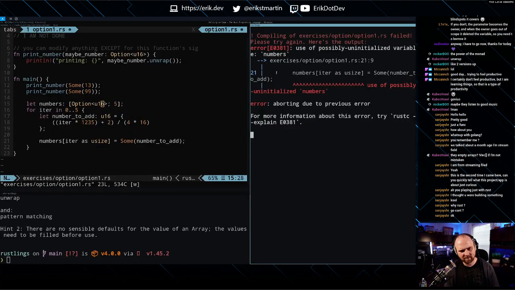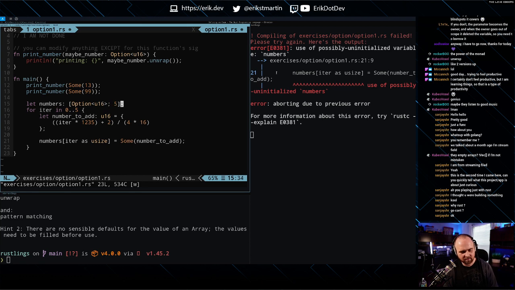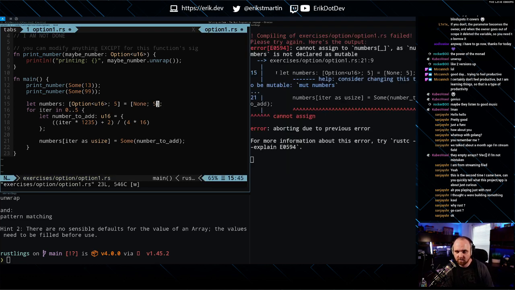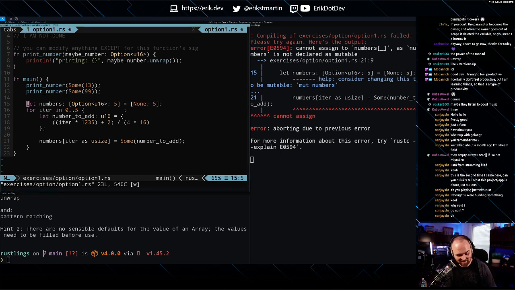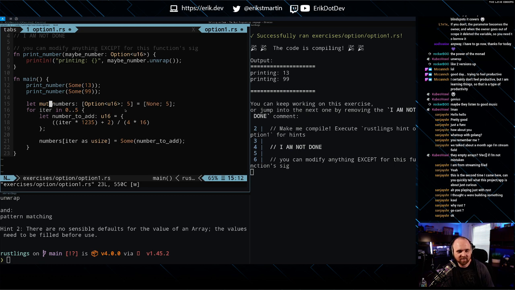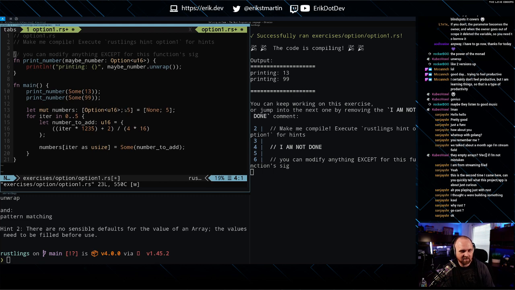Oh, can I do that? Is that what that's going to look like? Is this like a equals some? Oh, none? 5? Does that work the way I think it does? Consider changing this to mutable numbers. It just yelled at us earlier that it didn't need to be mutable. Okay, so this is what I was looking for. It just took me a little while to arrive there.